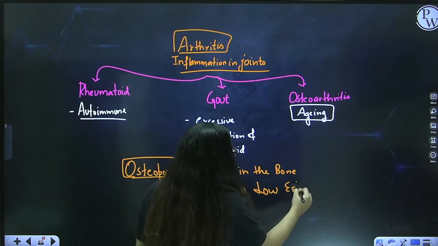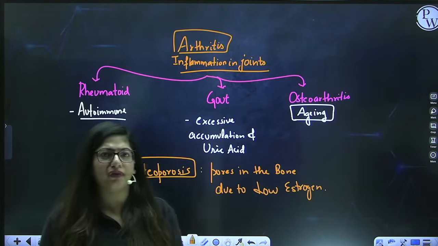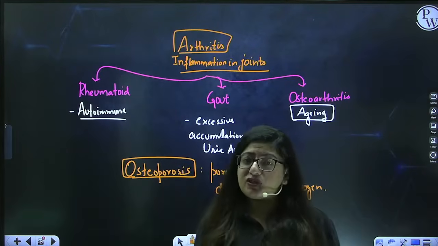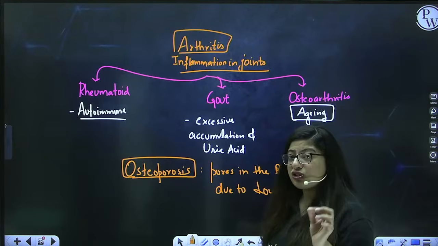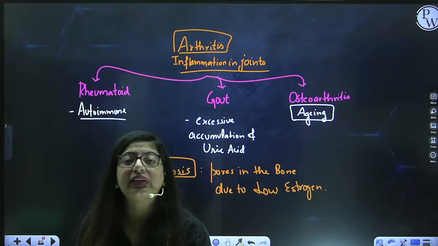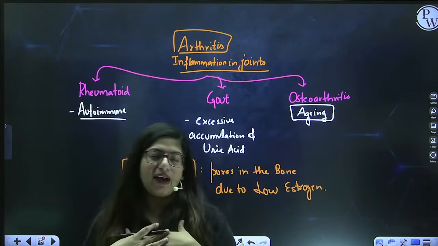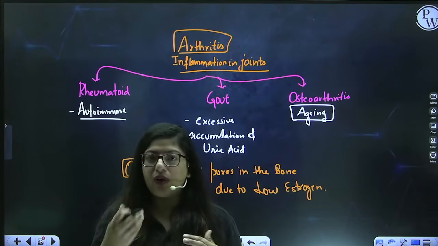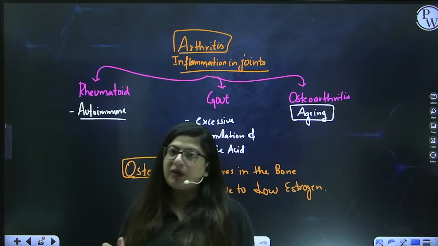So when a female is around 40 age, or we can say between 45 to 50 of age, the female's menstrual cycle stops. When the menstrual cycle of a female stops, her estrogen level goes down. And estrogen has a very important role in females, that it helps in the deposition of calcium on your bones. For example, I'm a female, I have a lot of estrogen, then that is helping me for my bone growth, or putting the calcium on the bones, which is calcium deposition.